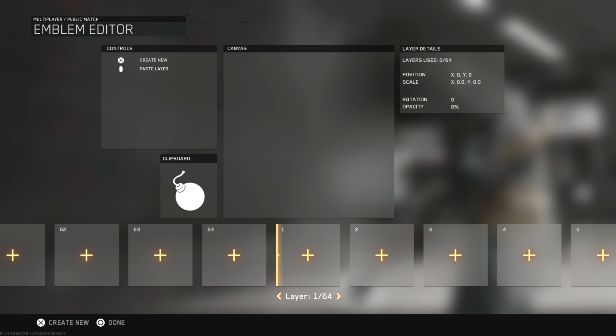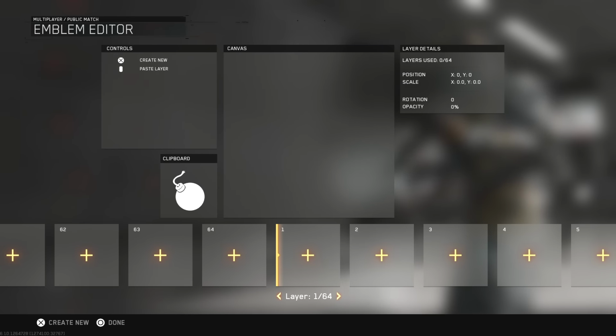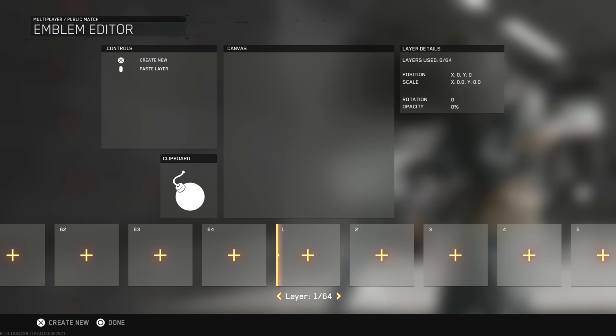Really quickly, I just want to go over my first impressions of the editor. This editor is very clean and smooth, and it runs beautifully, and I just want to say good job to Infinity Ward for what you have done with this editor. You've taken our feedback and you've listened. It is unfortunate that there is no gradient or way to create a smooth shadow or color change, but